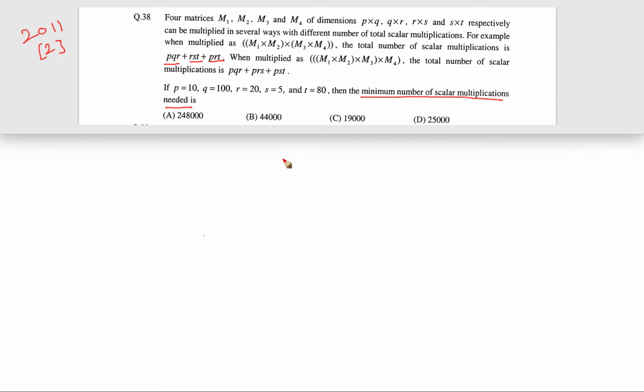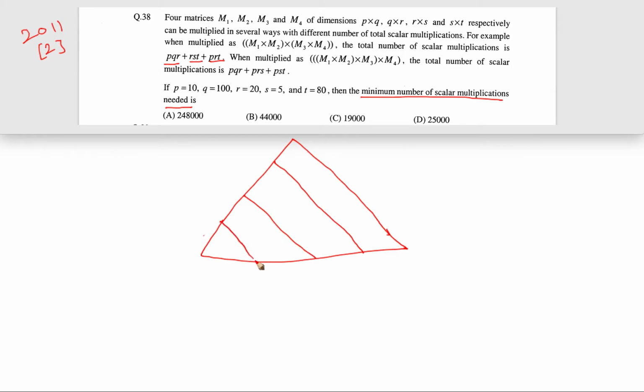So for that you might be knowing that this is basically a dynamic programming paradigm, and we are going to use memoization. We are going to solve it using the dynamic programming paradigm, where we firstly solve the smaller subproblems, and then we solve the bigger subproblems. In that sense we will create a matrix which will encapsulate whatever we want to do. I'll just show you what it means.